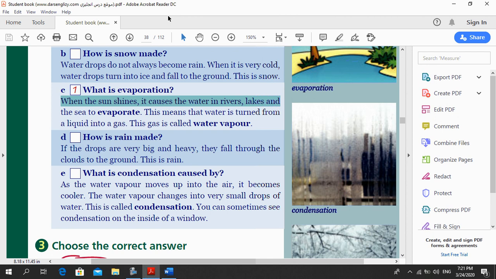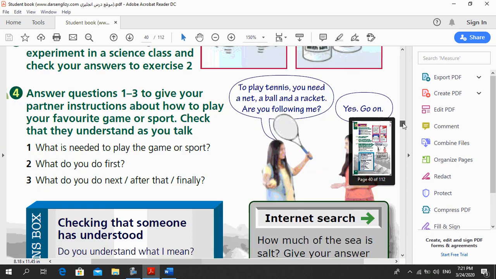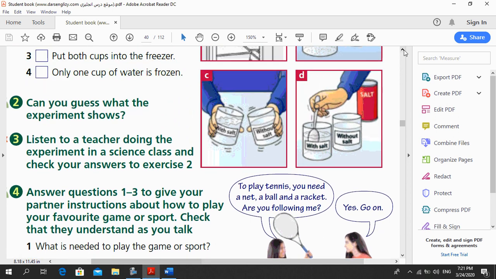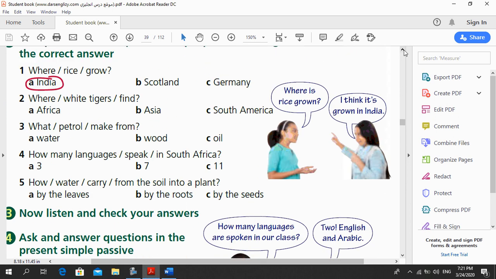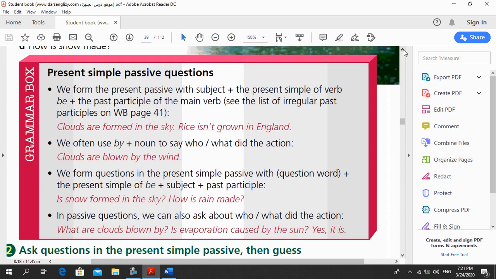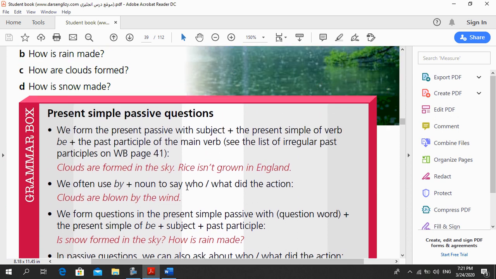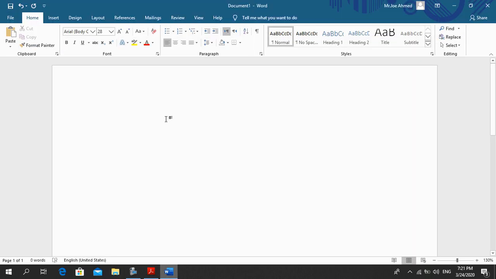What is coming out of the kettle? It's the water vapor. Why? Because the water was transformed from liquid into gas. Well, with the condensation, it's the opposite. The water vapor touches something cool, like a cold surface, like a cold glass, for example. So it changes back into the liquid state. This is called condensation. So how are clouds made? Clouds are made by joining a lot of drops, millions of drops of water together. So I want you to check these two sentences.